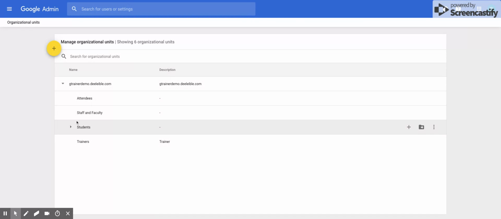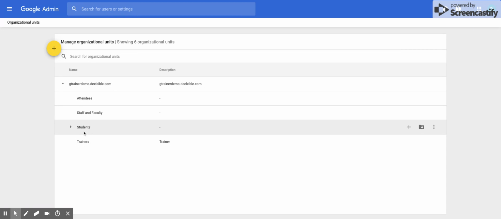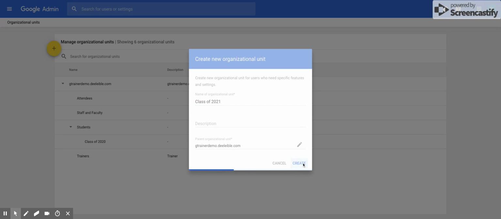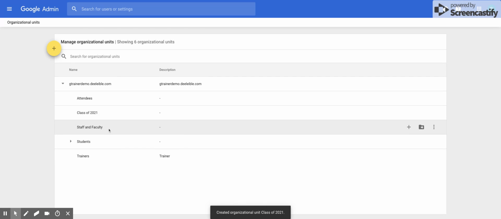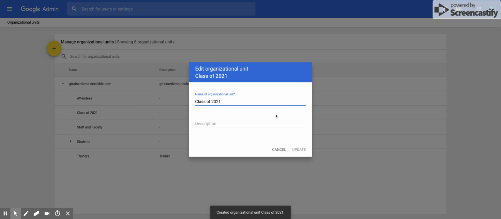So if you need to, my recommendation is to create a faculty and staff for your organization. And then if you're in a school, to have students, and even the students by class. So we have our classes organized by when they will graduate from our campus. We can do this by just creating, add a new organizational unit right here. And as you can see, I'll do the class of 2021 and we will create, and it will create a new one. And I can just drag this to the students